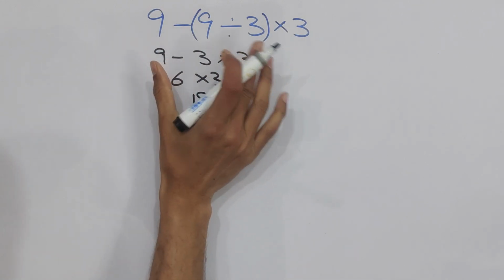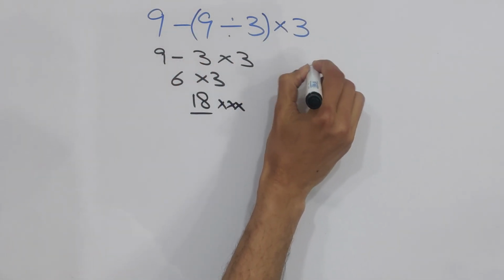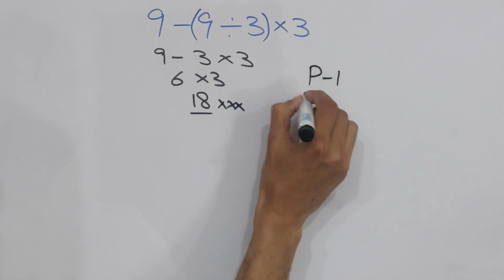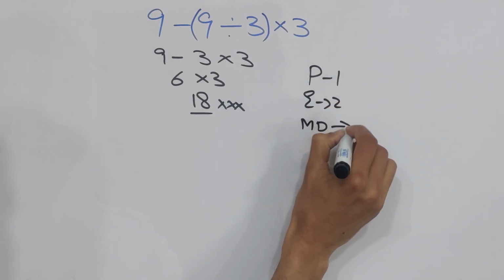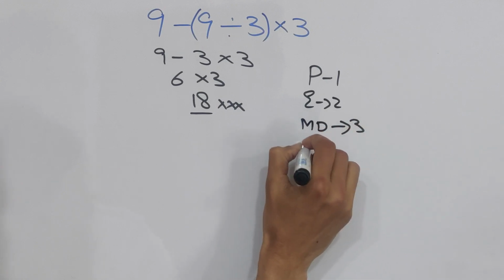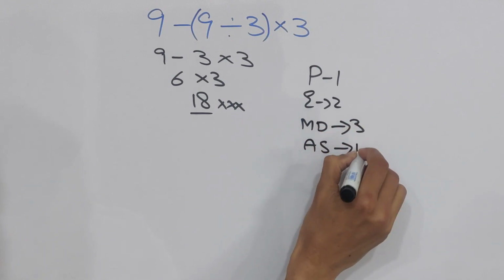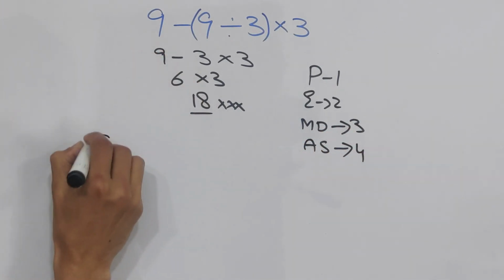Follow the order of operations. We use the PEMDAS rule: parentheses first, exponents, multiplication and division from left to right, and then addition and subtraction from left to right. Okay, so solve